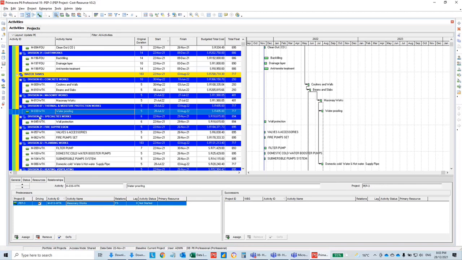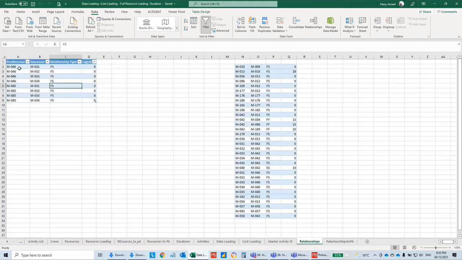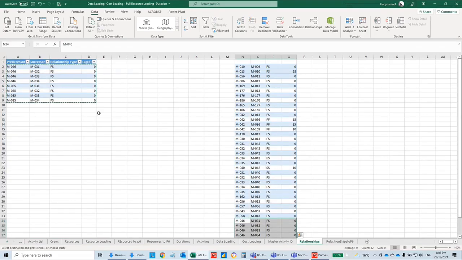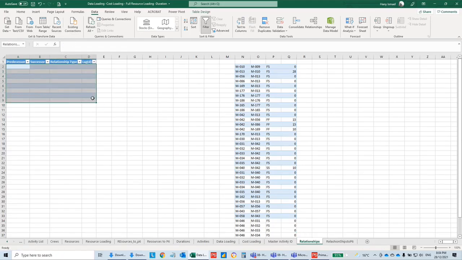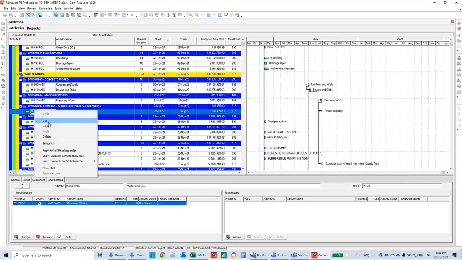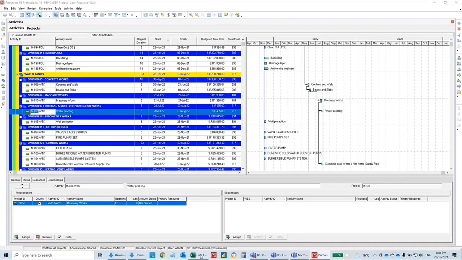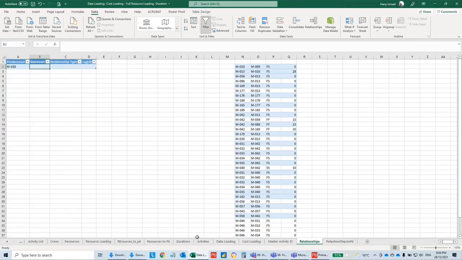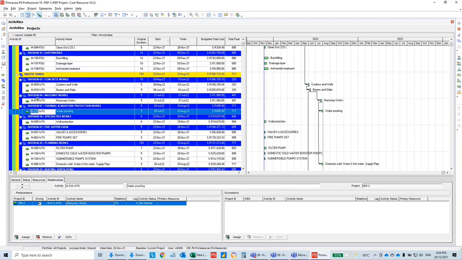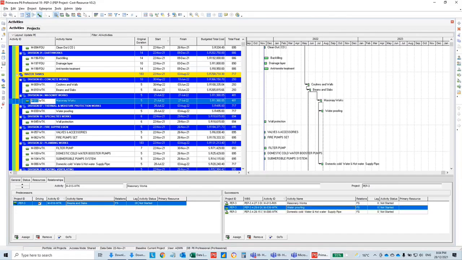This is the beauty of this. What is before waterproofing? I can go here in my sheet. Let me copy this one first for you. When you create a smart module from the beginning, all your life will be easy. So this is waterproofing, and this is masonry work, which is a relationship I don't want,